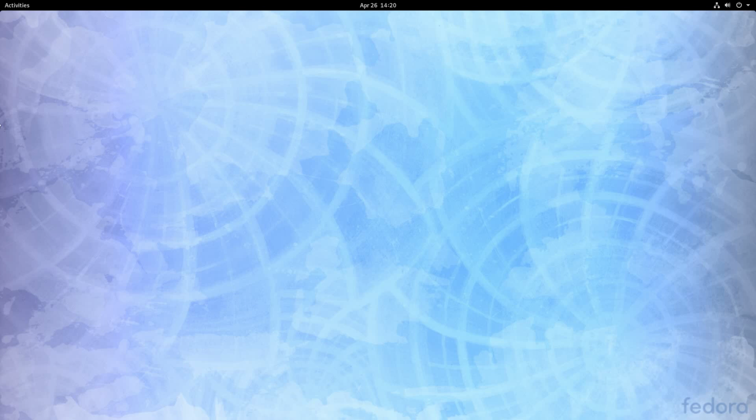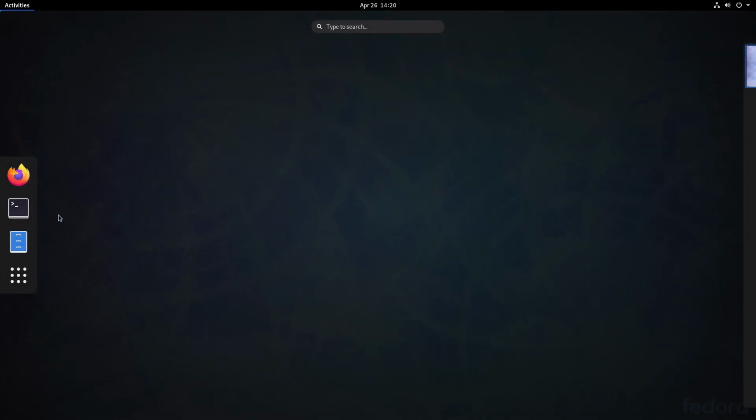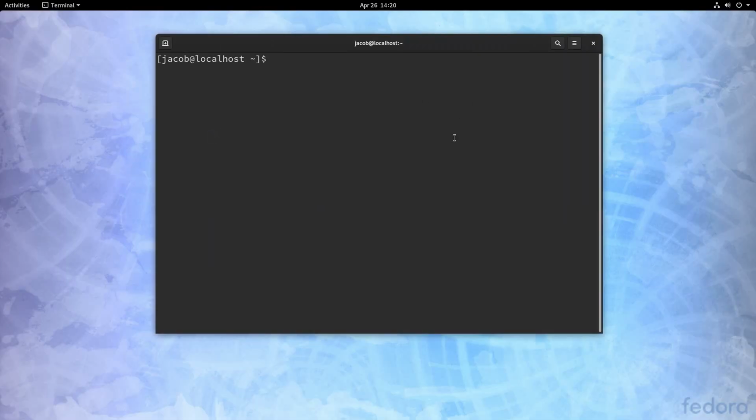Now, the first thing we'll want to know how to do is just listing the partitions and drives that are on this system. So I'm going to open a terminal up, and in this terminal, we're going to run sudo fdisk -l. So fdisk is a tool that you can use to both read partitions and modify and edit partitions on your disks. And fdisk -l, for list, is going to list out the drives in our system and the partitions on each one.